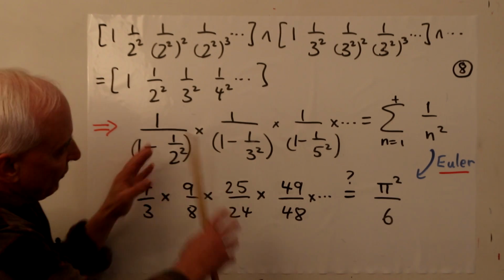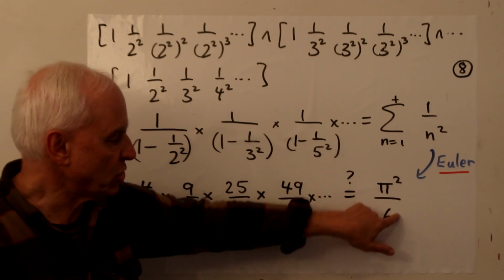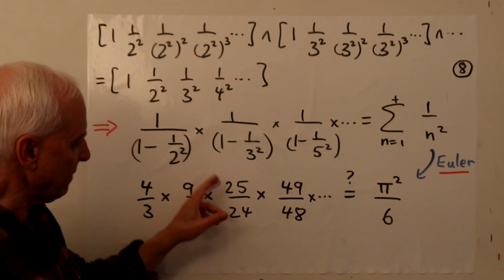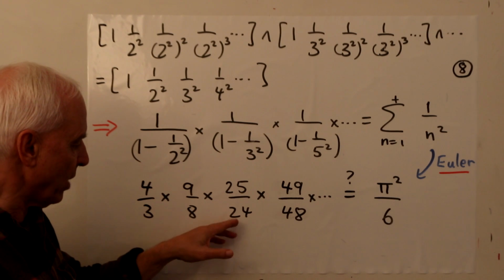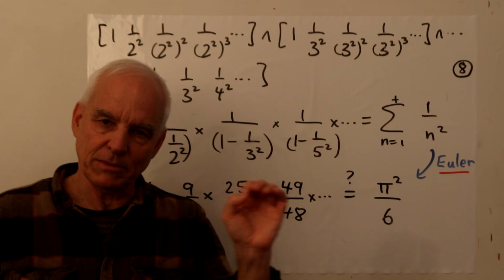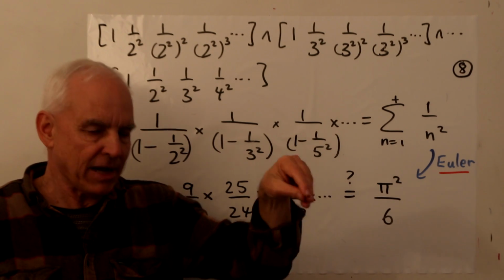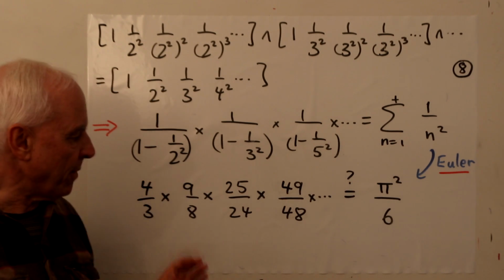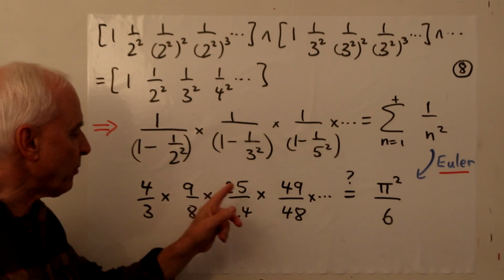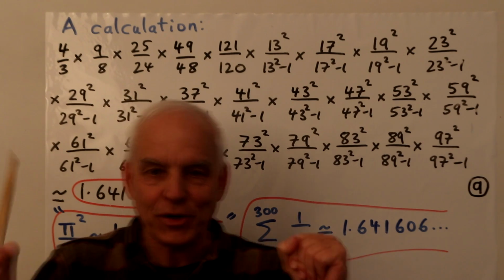So, from this box arithmetic point of view, we have some kind of identity like this: if we assume Euler's result, and suppose we have some approximate meaning to this, it means that the product of these squared primes divided by the one less than them is very likely heading towards something reasonably concrete. It's like a region on the number line, maybe not exactly a point, but some kind of object on the number line. So this is now interesting, and it's decidedly different from the previous one that we had, where we were just looking at products of primes over primes minus 1. Great. So now we actually can make a calculation.